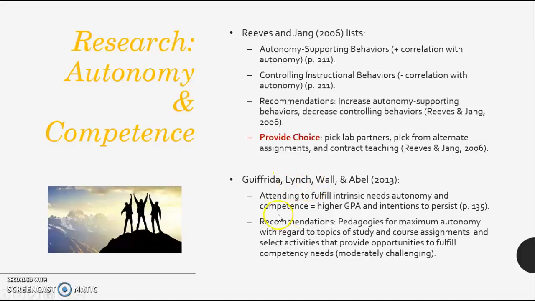So other research support is that when students are attending college to fulfill intrinsic needs for autonomy and competence, they end up having higher GPAs as well as higher intentions to persist. So that offers support for this whole idea of autonomy and competence. So different recommendations that teachers should